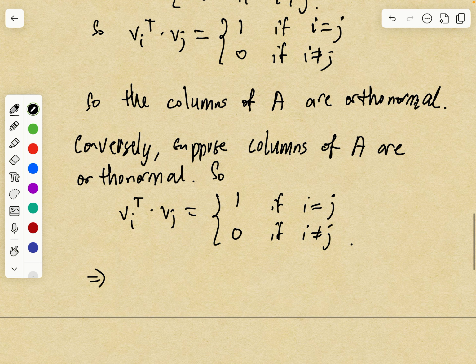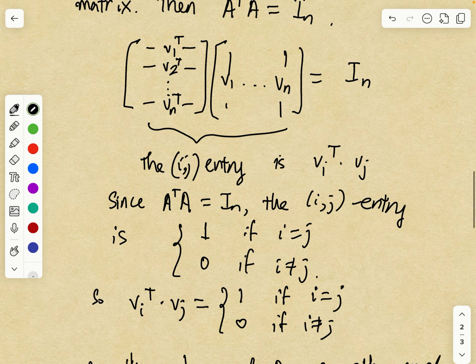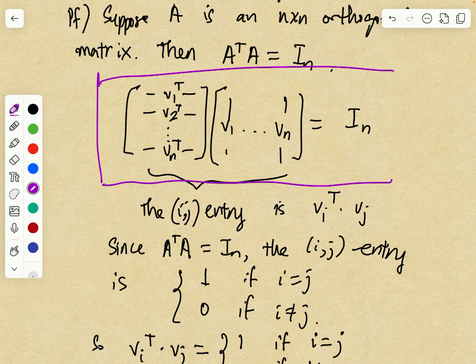And that tells you that if you take A transpose A, you get precisely the matrix whose ij entry is 1 if i equals j and is 0 if i is not equal to j. And that's precisely the n by n identity matrix. So that's the proof. The main thing is recognizing that